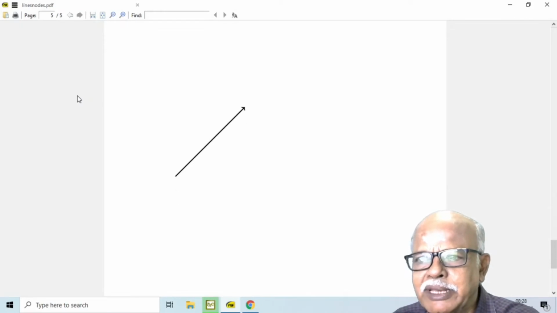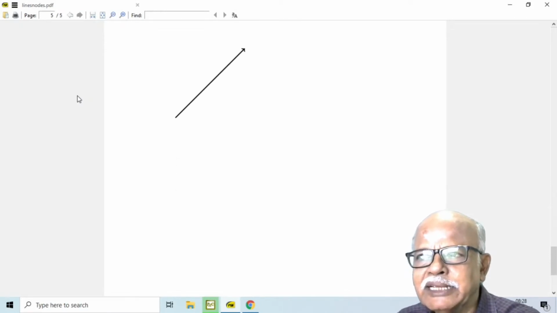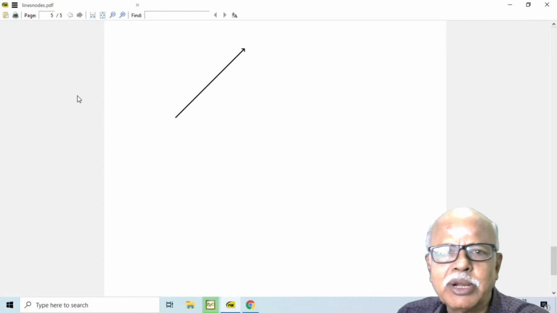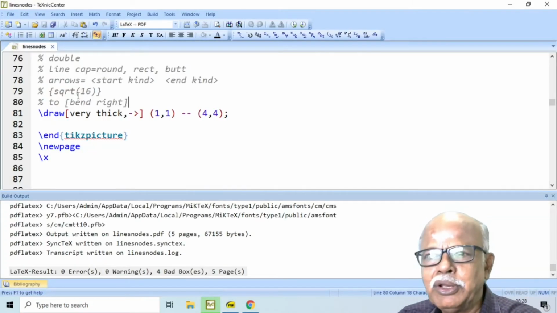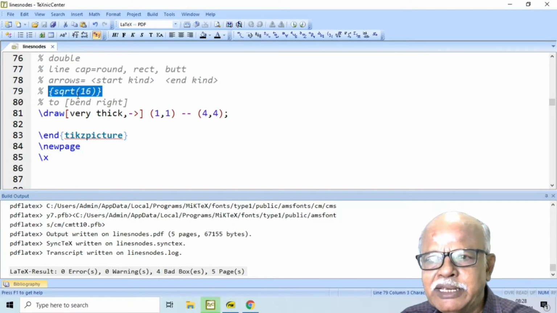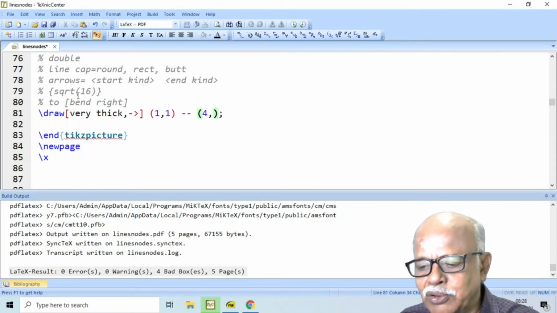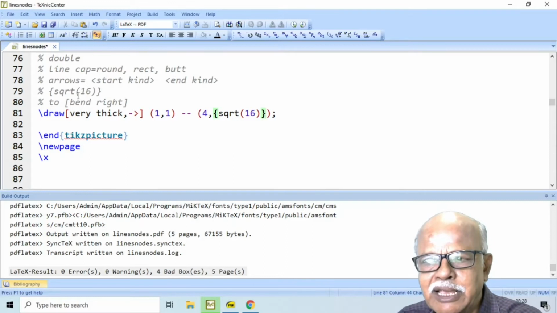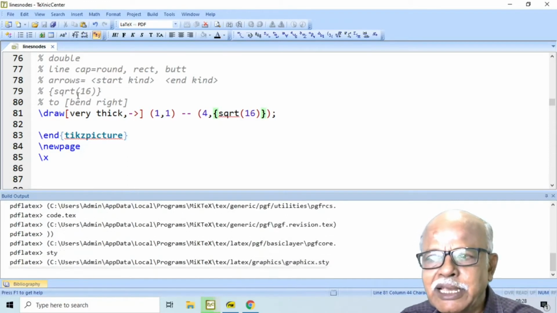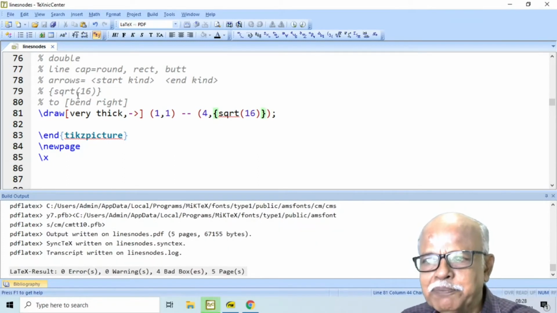You have an arrow like this, a line joining two points (1, 1) and (4, 4). You can also specify the coordinate values like this. Instead of 4, you can say curly braces, and then within curly braces you can say square root of 16. That is also allowed.